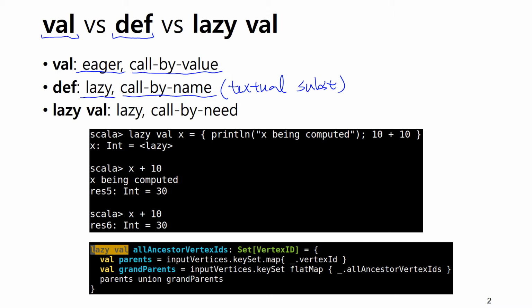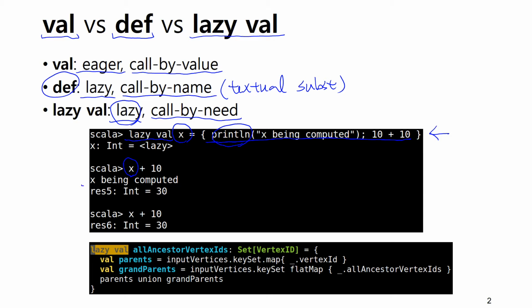There's yet another way of declaring a variable, which is lazy val. Lazy val uses lazy evaluation, but unlike def, it is based on call by need. Here's an example. We declare variable x using lazy val, and at the time of declaring this variable x, nothing is computed because it is based on lazy evaluation. The first time we access this variable x, we actually evaluate the expression, and therefore this print line is